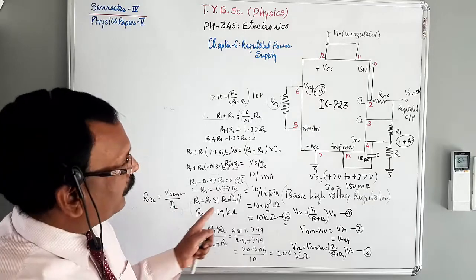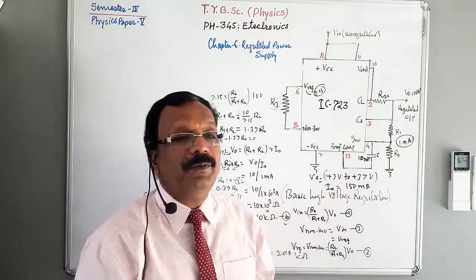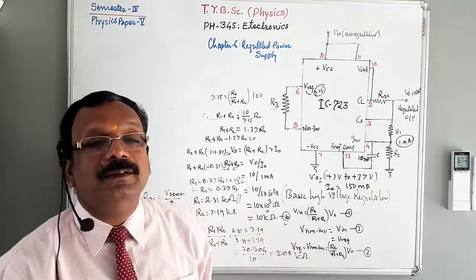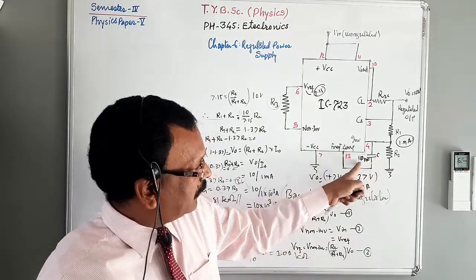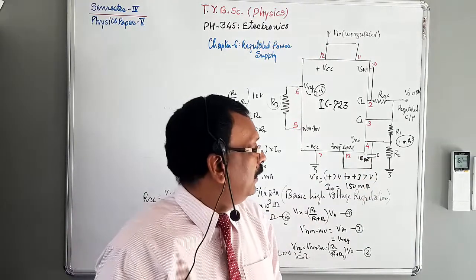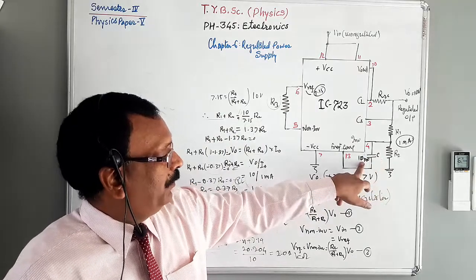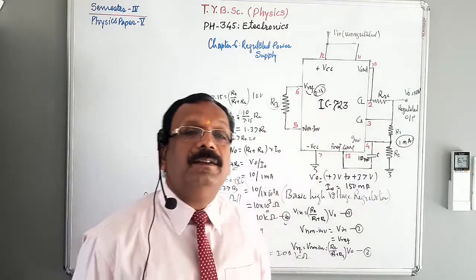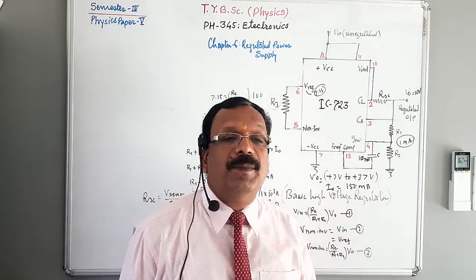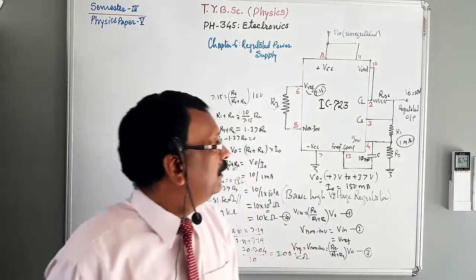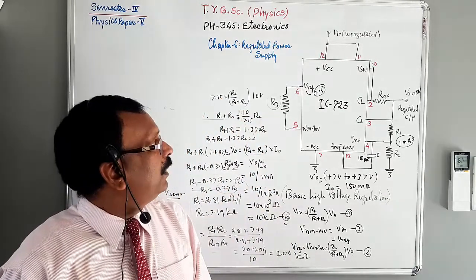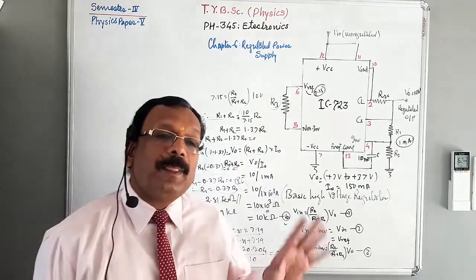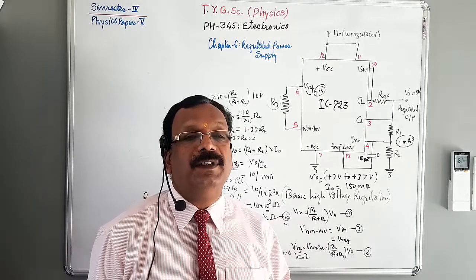Now, lastly, for frequency compensation, we select the value of capacitor C as 100 picofarad. When we select the capacitor as 100 picofarad, frequency compensation works properly and the circuit is saved from damage. In this way, we obtained the values of R1, R2, R3 and RSC. That means we did the designing of the circuit.